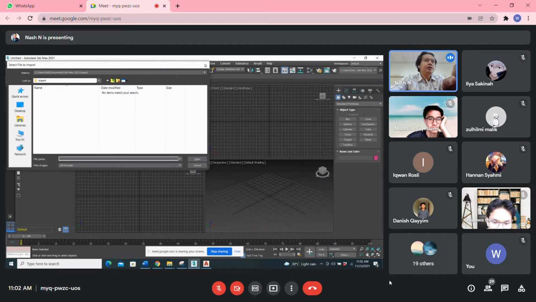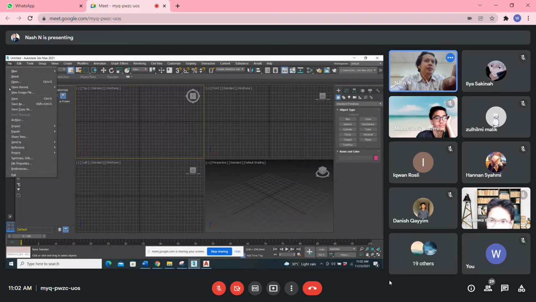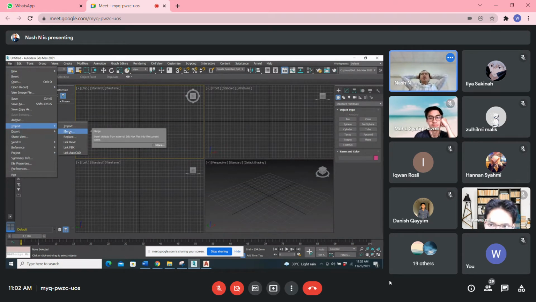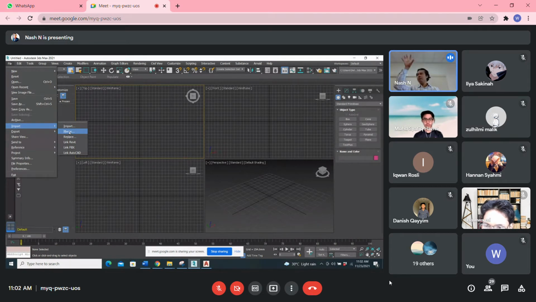Okay, before that, I also want to explain, when we want to import, there is merge, right? Merge is when you have another 3D file and you want to merge it with your current 3D. 3D and 3D, we use merge. Let's say you develop one component in another file, let's say the roof, and then you close it, and then you open another 3D file that has the wall and everything.